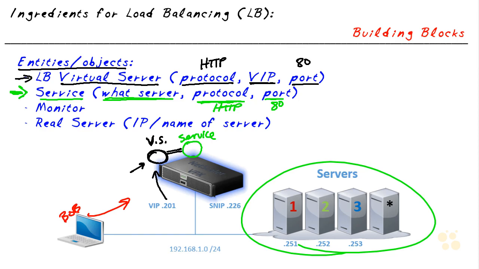Now also, to complete this picture, we also need to identify our real servers in the NetScaler. So on the NetScaler itself, we're also going to have server objects. And the server objects are going to be given names in the NetScaler configuration. And as part of that configuration, we're going to point to a server. So if we have 3 real servers, we'd very likely have 3 server objects. One pointing to the IP address or DNS resolvable name of server 1, another server object pointing to server 2,